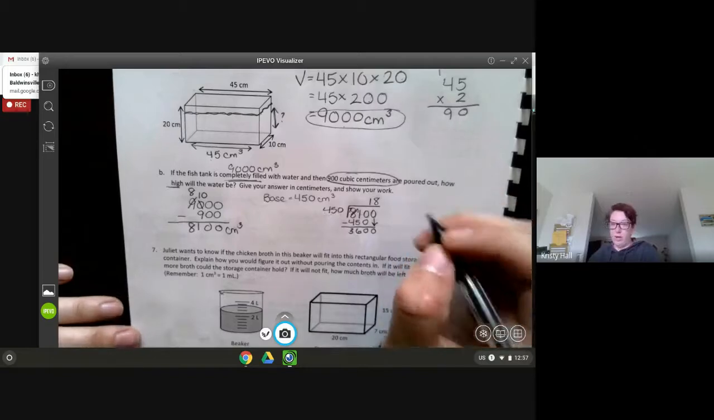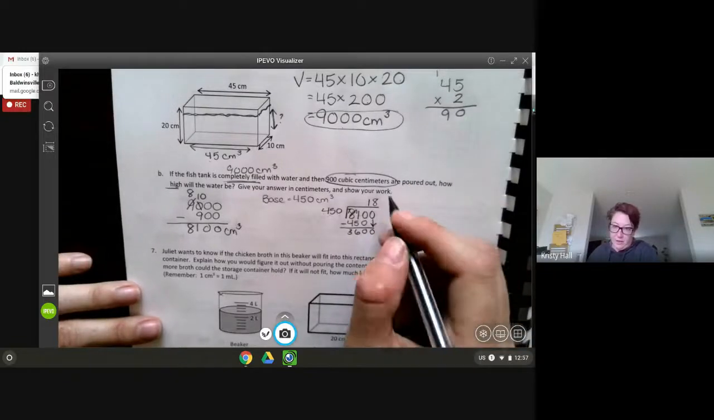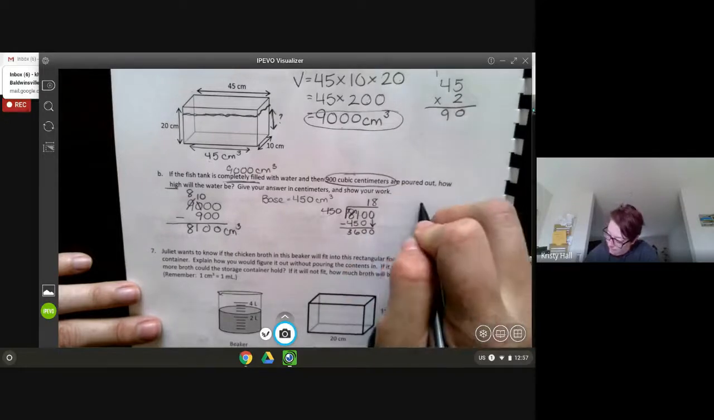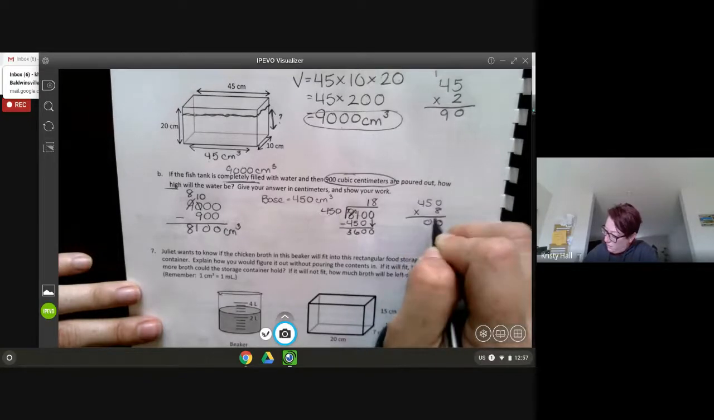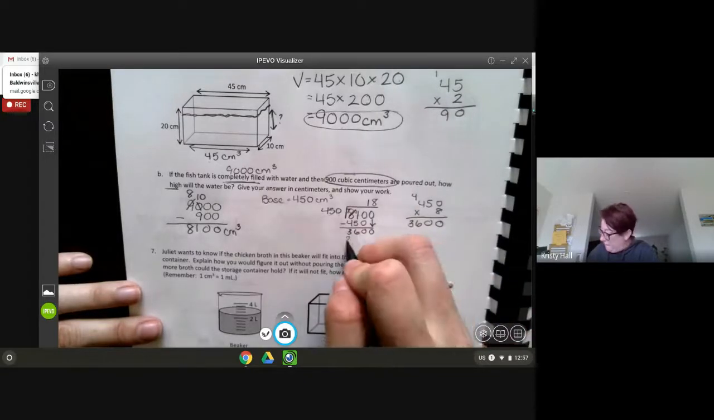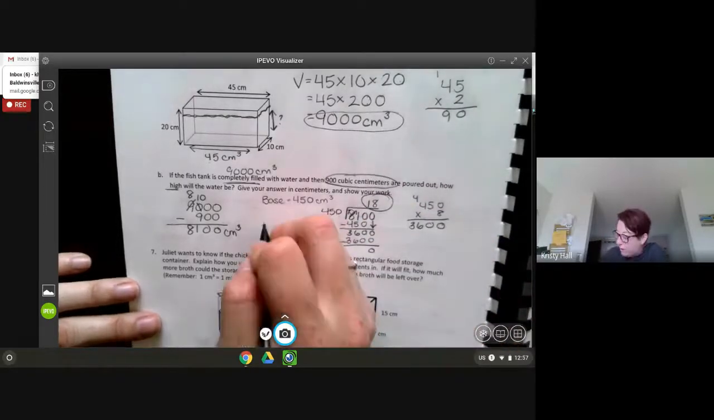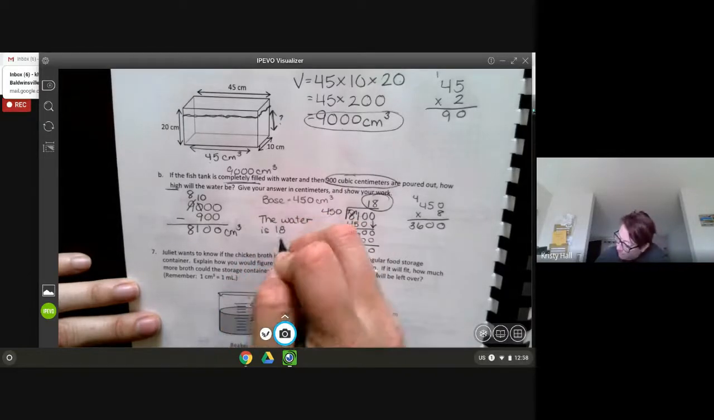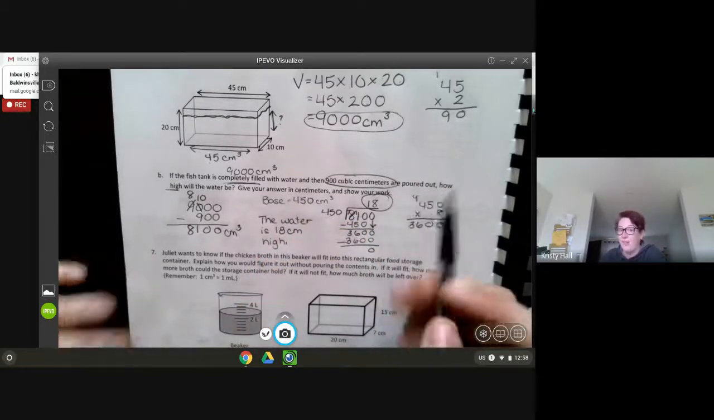So if you want to use a calculator on that one, feel free. I'm not testing your division skills here. So 450 times 8 is 3,600. It works out perfectly. So the height is actually 18 centimeters. So the water is 18 centimeters high. So make sure that you always go back to the question it's asking, because you see